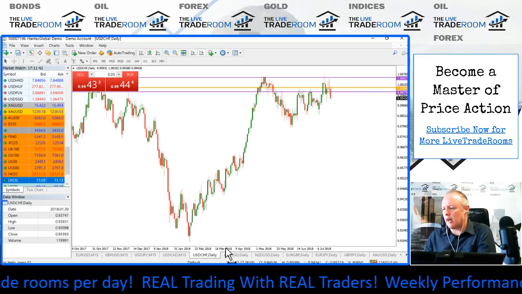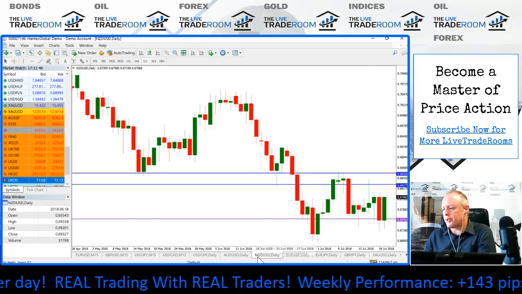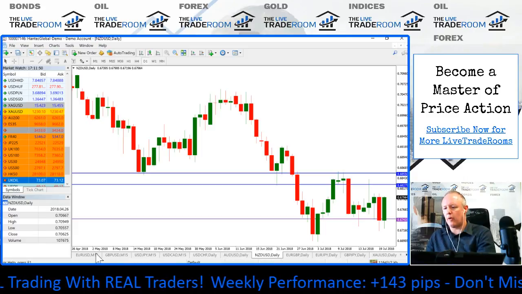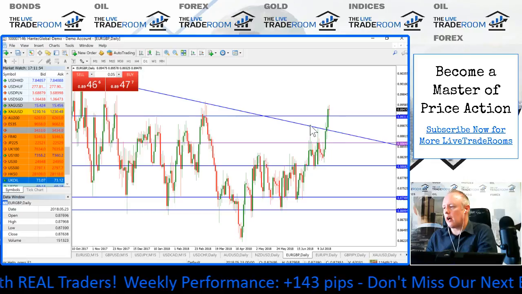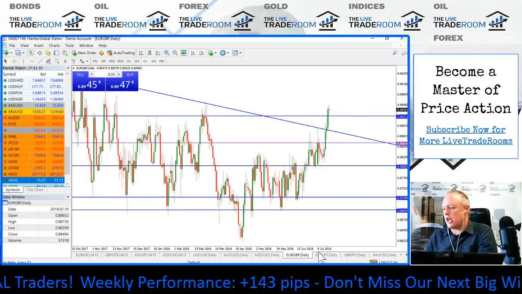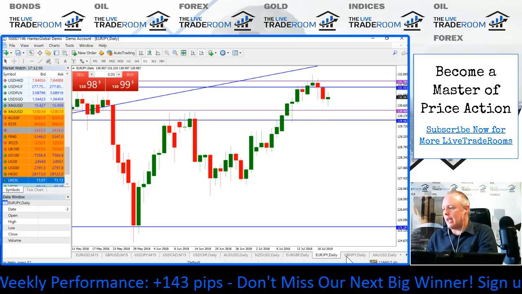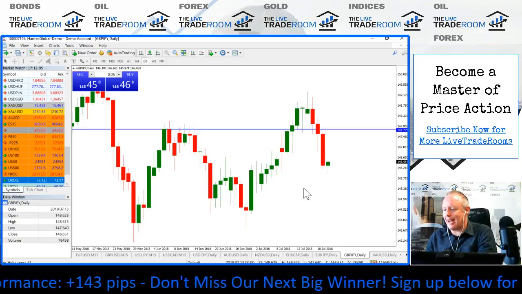Dollar Swiss selling off as a result, and we're getting the same sort of price action across the other dollar pairs. However, we're going to focus on these four for the session. Now, in addition to that, I'm going to flick through the rest of the currency pairs. We've got a bit of indecision in the euro pound, so we'll back off from that just for the short term. And with the yen markets, a bit of weakness in the yen.